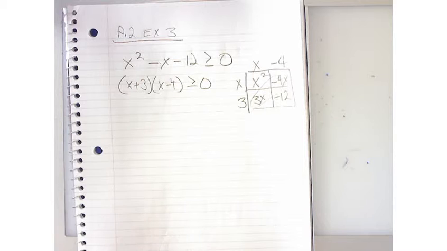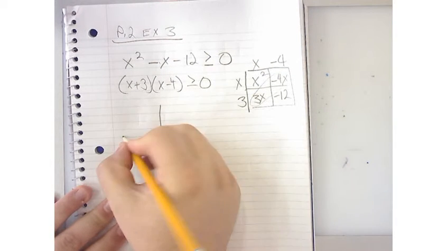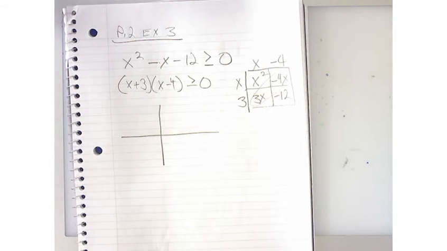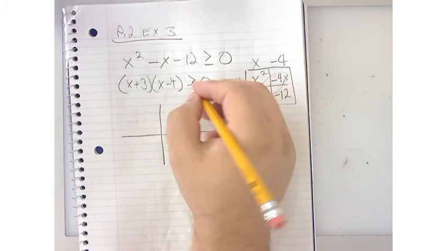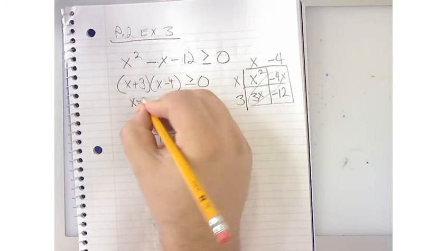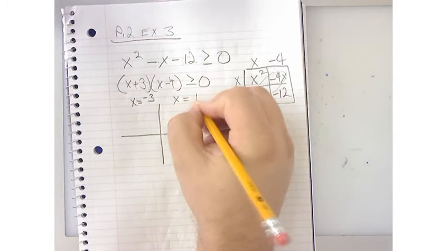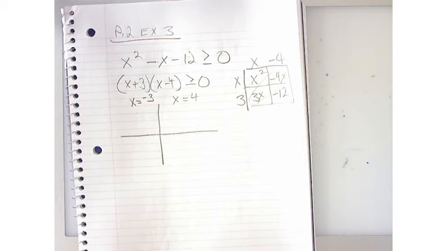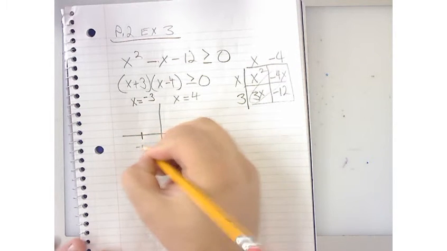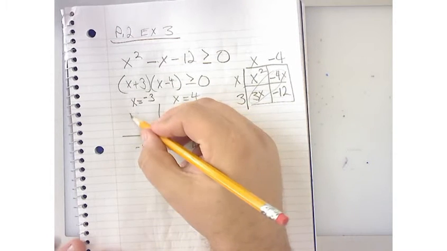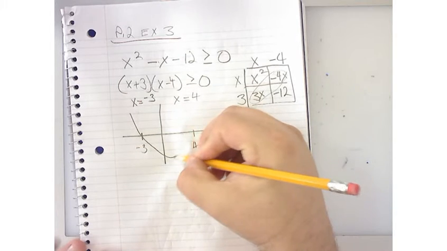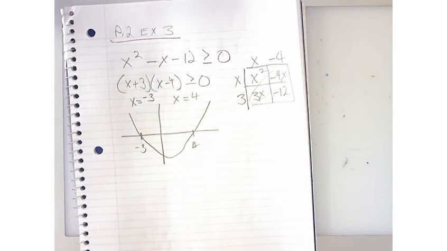And then you can take those two inequalities and then you have to determine what that means graphically. So what this means, really, is that I'm going to have a quadratic equation. If I were to solve this like it was an equation, I would end up with x equals negative 3 and x equals positive 4, right? So that means that my quadratic equation is going to have an x-intercept of negative 3 and an x-intercept of 4. So my quadratic equation is going to come down around through here like that, right? And so if that's the case,